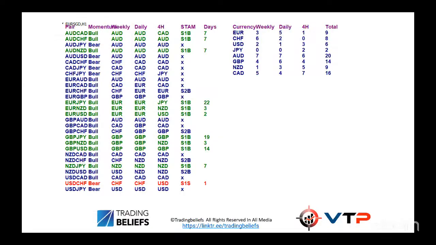If I just back that up with the latest plugin, this is a plugin that goes into the MetaTrader platform that people on the VTP stage 2 have. It's once again automatically updating to look at where's the strength, where's the weakness, and it's reflecting what we've just talked about. The Aussie is in the strongest place. Canadian dollar is in second because of the strength in the 4-hour chart, with sterling in third. So no real major shocks or changes there. And as we said, Japanese yen and US dollar are still sat at the bottom of the pile.